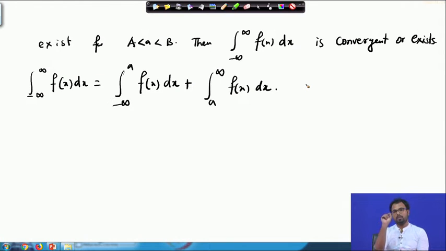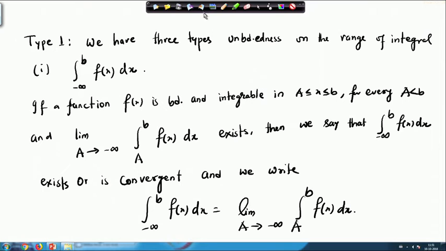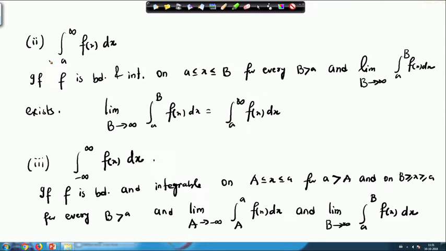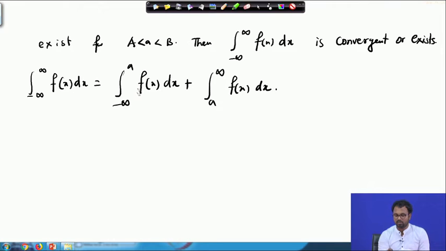So, what we have done is chosen a point in between minus infinity and plus infinity, so that now we have infinity at only one of the endpoints, and then it falls into the definition of 1 or the definition of 2. So, we are dividing the whole interval into two parts, and then we are using definitions 1 and 2 to show that these two individual limits